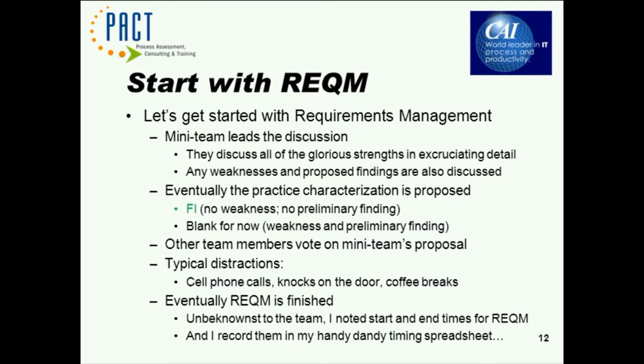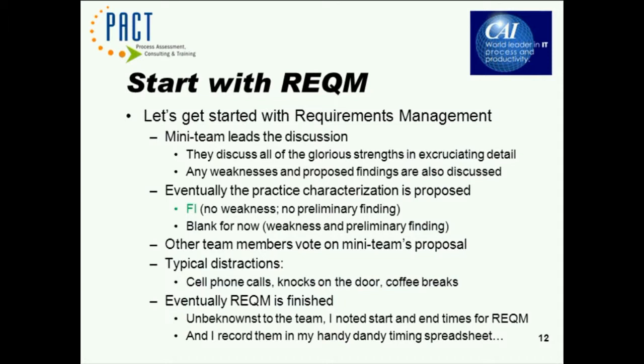So here we are, in the morning on the day when we're doing all this consolidation and trying to figure out the practices and what we're going to present in preliminary findings. I turn to the group that's responsible for requirements management and say, go, take it away. So the mini team leads the discussion, and they discuss all the glorious strengths and all the excruciating detail